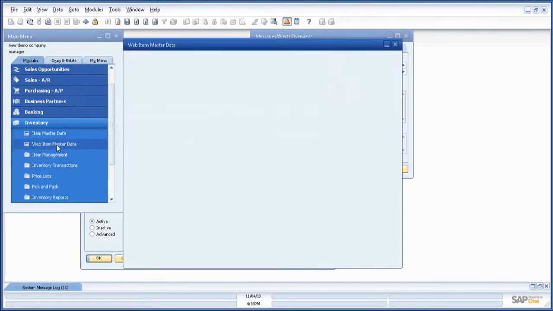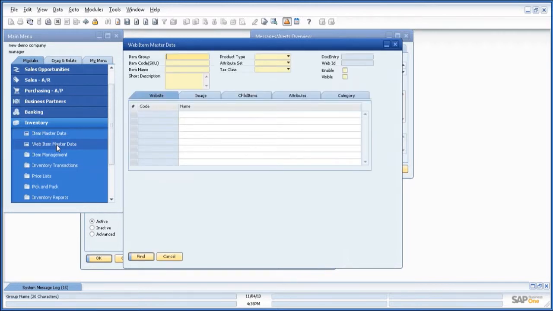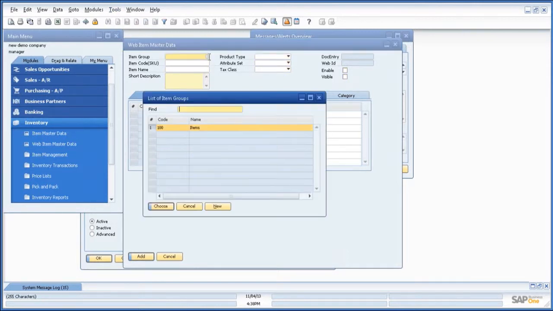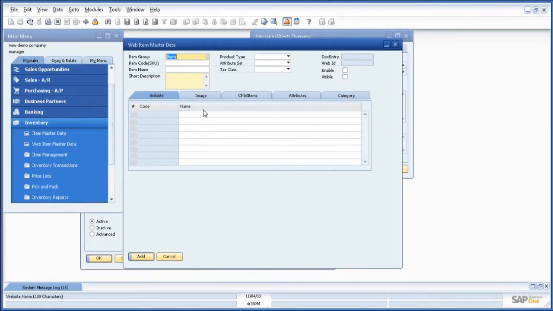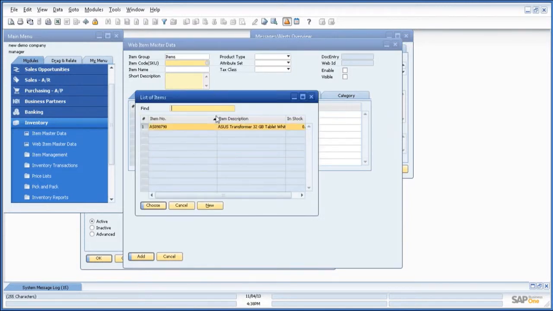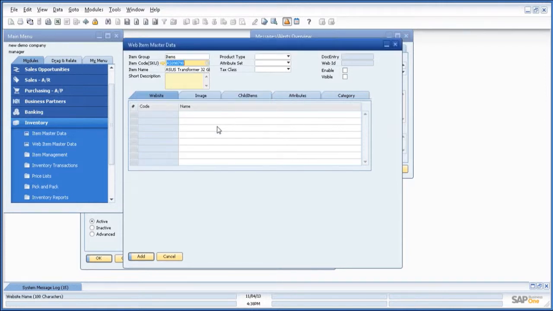This is the screen which is powered by the SBO Connect add-on running within the SAP Business One environment, and I would like to add this new item quickly to the screen and mention all the details of the e-commerce catalog information I can enter within the screen. So first I'll choose that item. Next I'll put my short description which I would like to show in the Magento e-commerce product catalog.